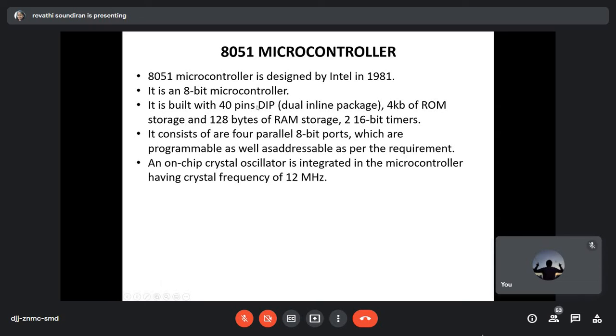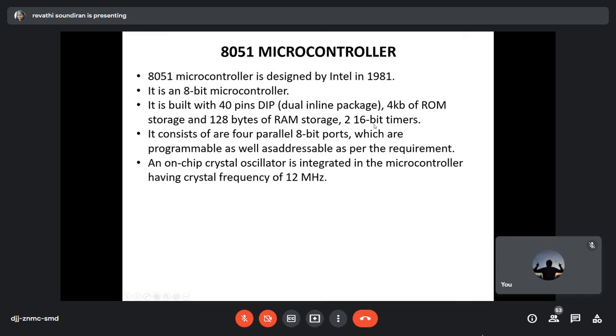It is available as a chip that sits on the circuit board to perform its operation. So this microcontroller has 40 pins, 4 KB ROM storage, 128 bytes of RAM storage, and